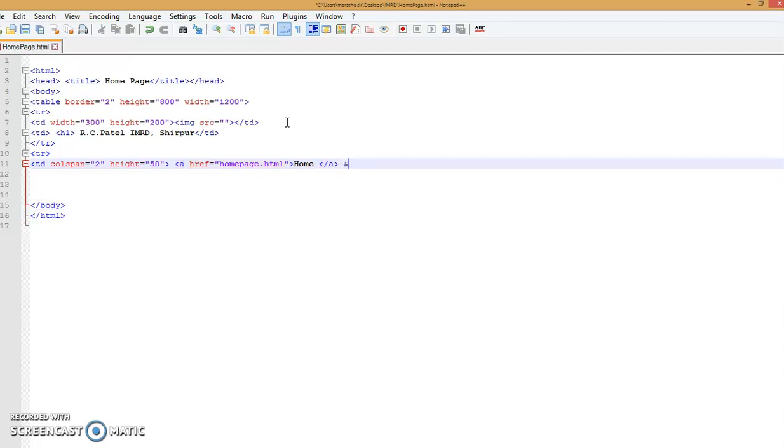And finally an nbsp, for giving the space between the two links in that particular td.